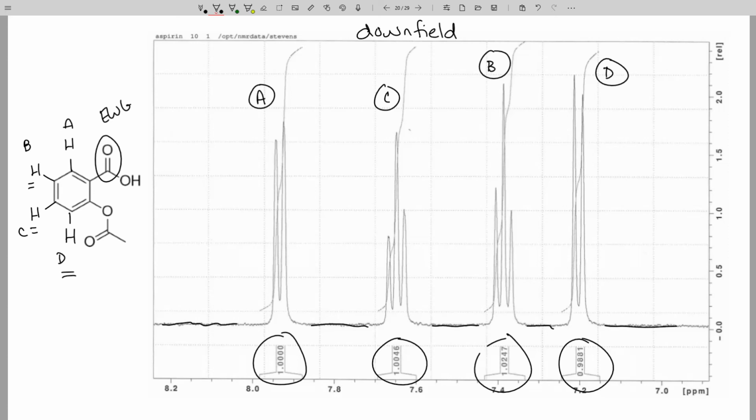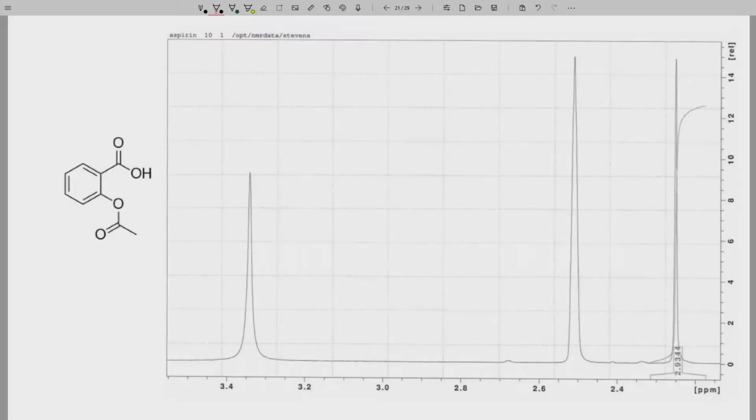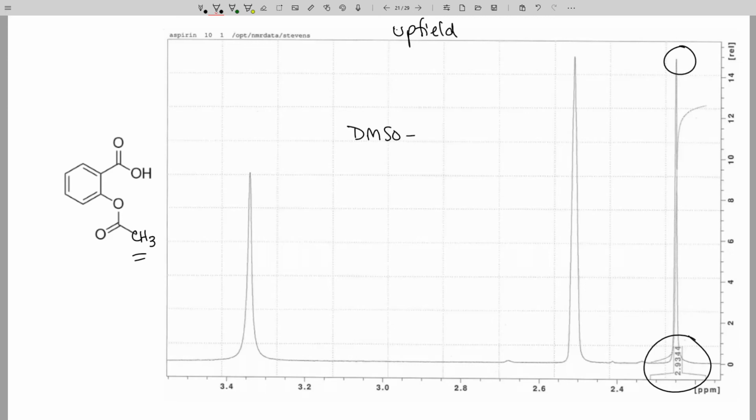So now let's look at the more upfield region of this molecule. Here now is our more upfield region. We see 3 peaks on the screen. Only one of these corresponds to our structure. That's this CH3, and those 3 hydrogens have no neighbors, and they are a 3-hydrogen singlet. These other 2 peaks are residual peaks that show up from our solvent. So the solvent for the spectrum is